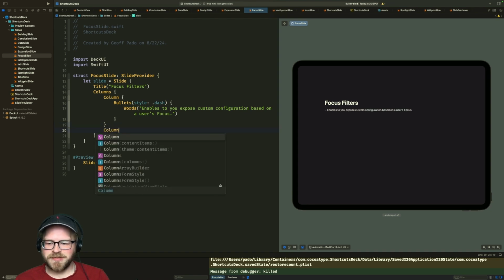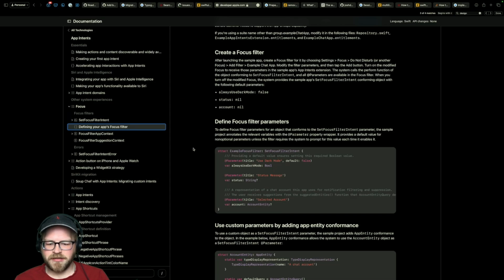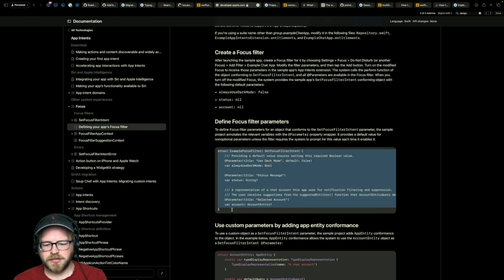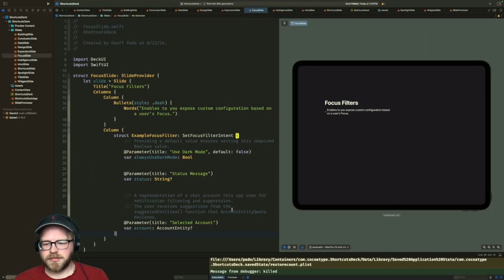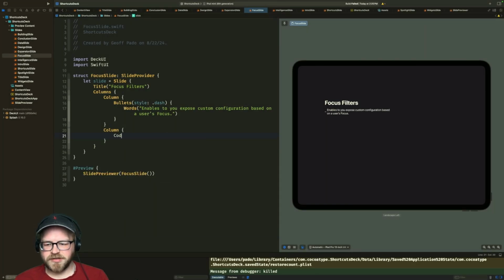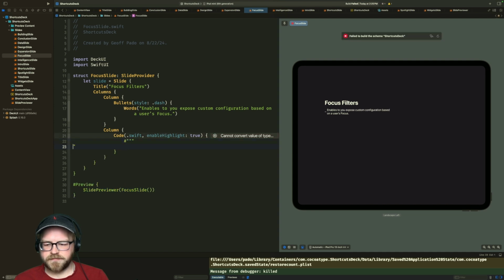Okay, so then we add another new column, and that column is going to be our code. I need to put the word code in here as well. .swift. Enable highlights true. Nope. Up.